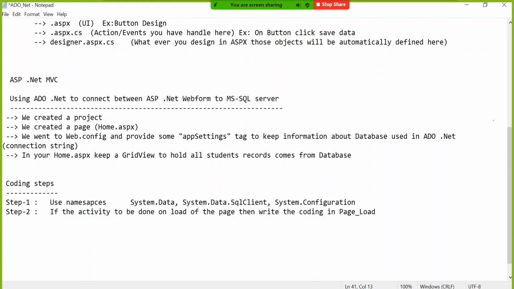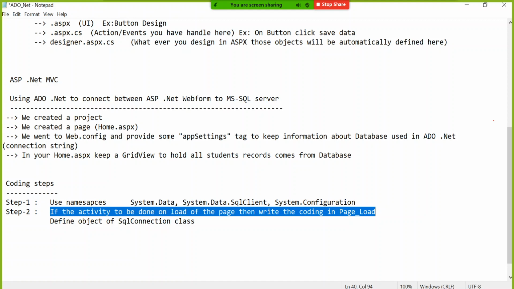Step 2 is here. Define an object of the SqlConnection class. This SqlConnection class is available in which namespace? The System.Data.SqlClient namespace. So you create one object of SqlConnection.